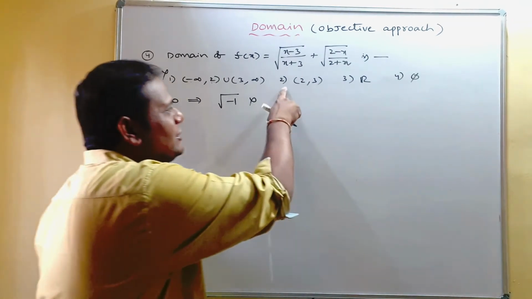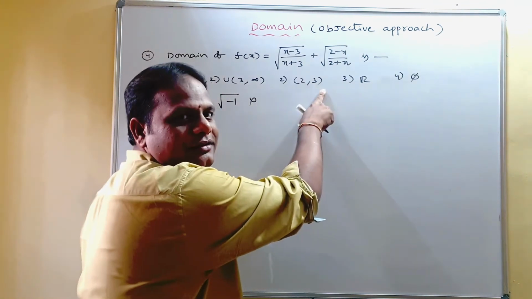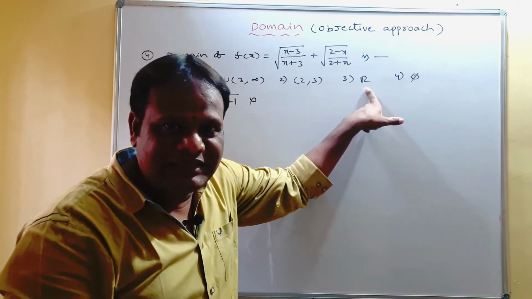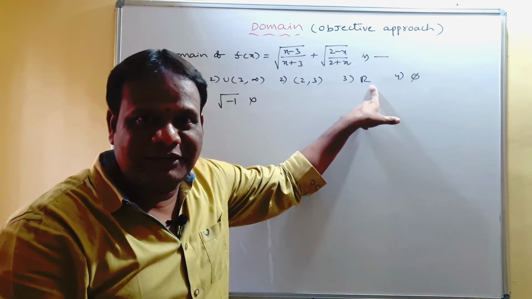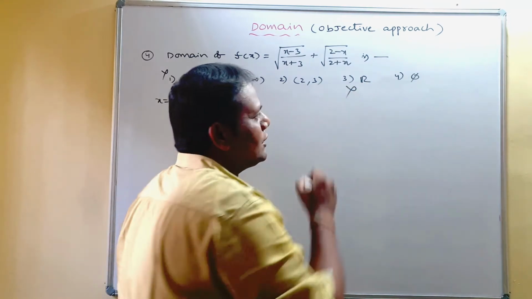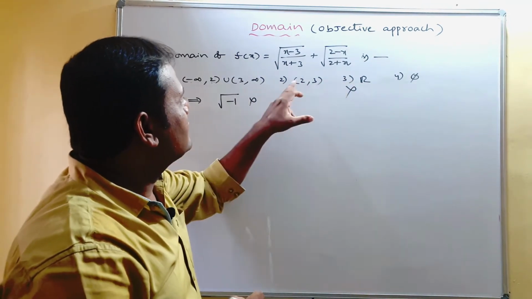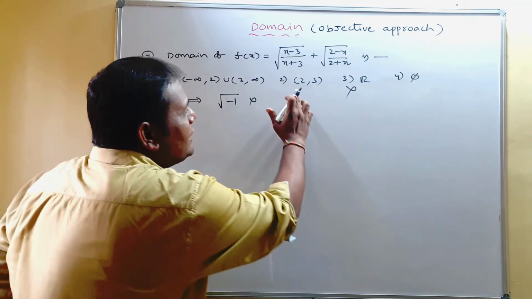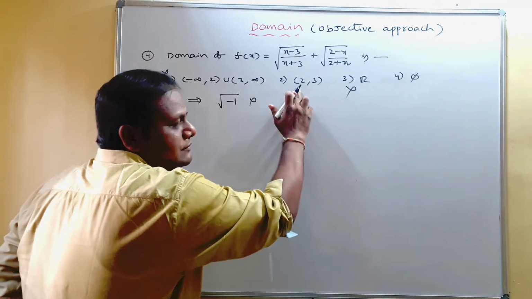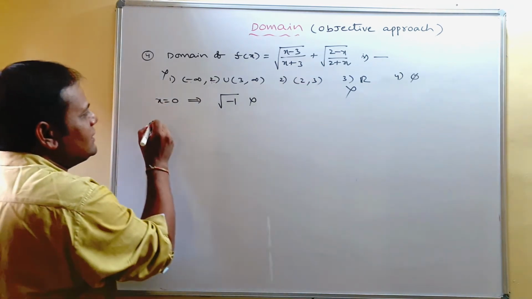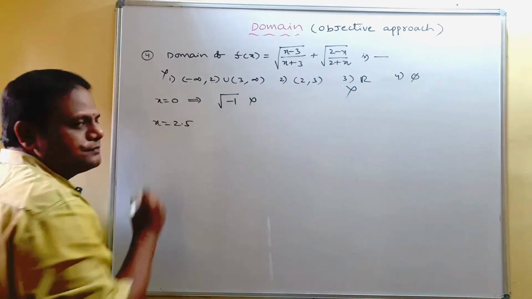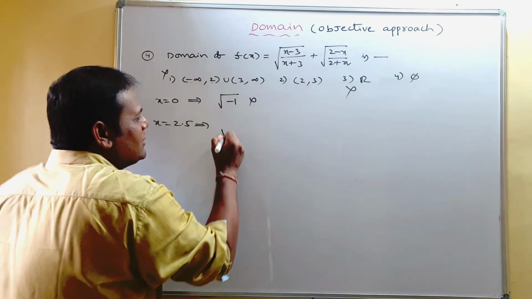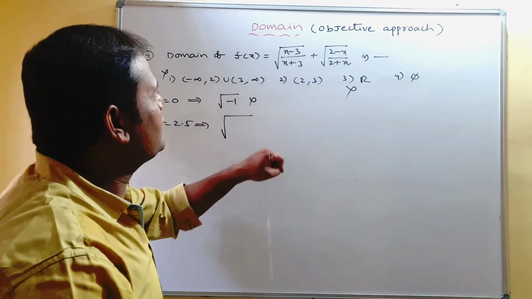Is it? Coming to this, is 0 there? No. So you may take it. Is it? Coming to this, is 0 there? Yes, in the real number set we have 0. So it is also wrong. So the answer may be the second option or the fourth option. Is it? See, here we have open 2, open 3. So between 2 and 3, can I take 2.5? Yes, I can take. Is it? Now you put 2.5 there, root, take 2.5.